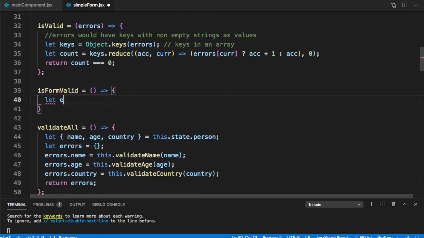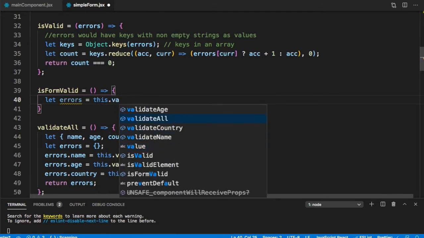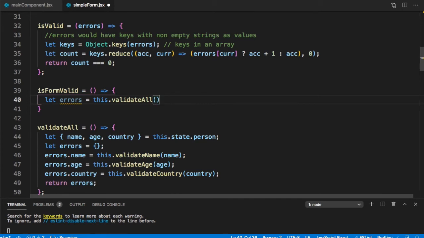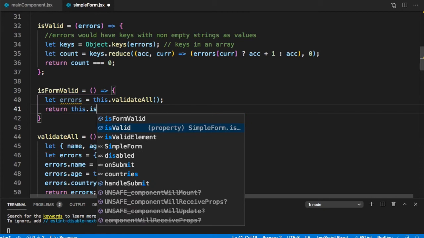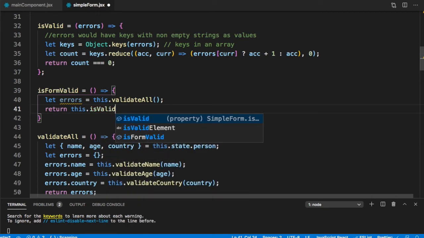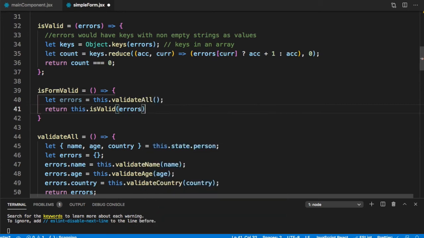So we can just say let errors is equal to this dot validate all, and we can return it this dot is valid errors. So it would return that whether the form is valid or not.